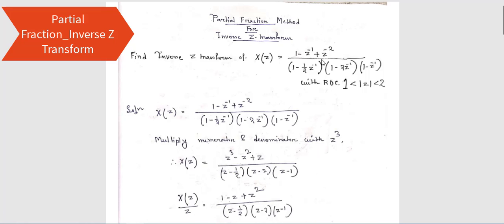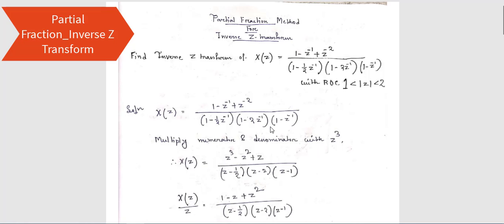Again I am saying that to perform inverse Z transform, two things you have to remember. After the Z transform you have to check whether the signal, that is the result of the inverse Z transform, is causal or non-causal. If it is causal, then you have to multiply the sequence with u[n], and if it is non-causal, then you have to multiply the result with minus u[-n-1]. So X(z) is equal to this, which is given.